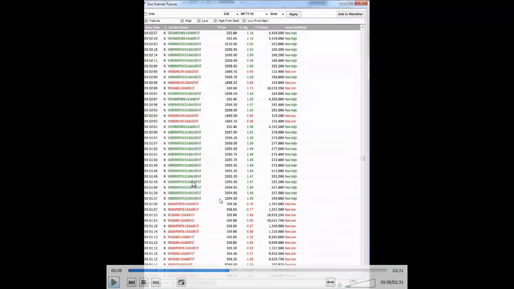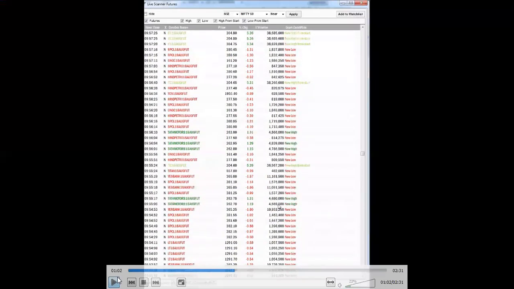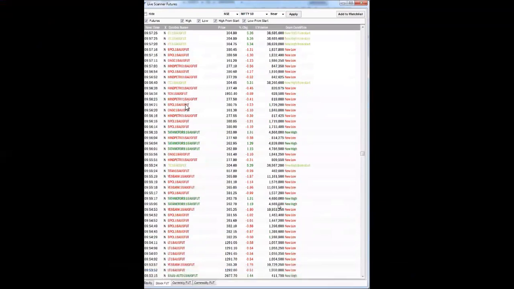Okay, see the Hero Motor is zooming up. Tata Motors is picking up gear. Now again here, BPCL, Hind Petro, ONGC, in these stocks selling is happening. Because selling and buying in sectors happen at the same time, one sector will go up and another will go down. These are the energy sector stocks, BPCL, ONGC, Hind Petro.